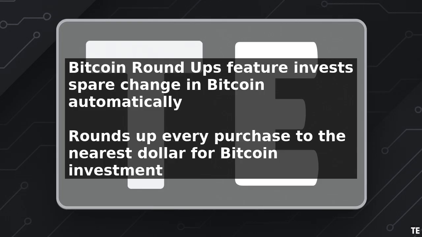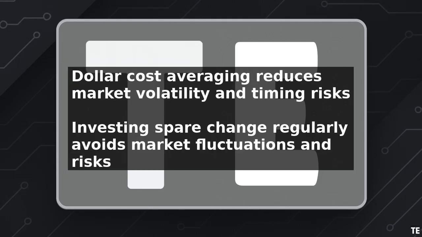the $0.50 in Bitcoin. The key concept behind Bitcoin Roundups is dollar cost averaging, which is an investment strategy that involves investing a fixed amount of money at regular intervals, regardless of the market price. By investing your spare change in Bitcoin regularly, you can reduce the impact of market volatility and avoid trying to